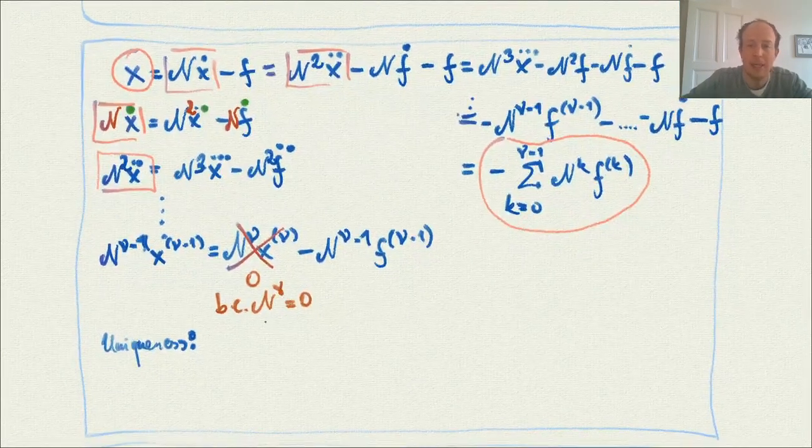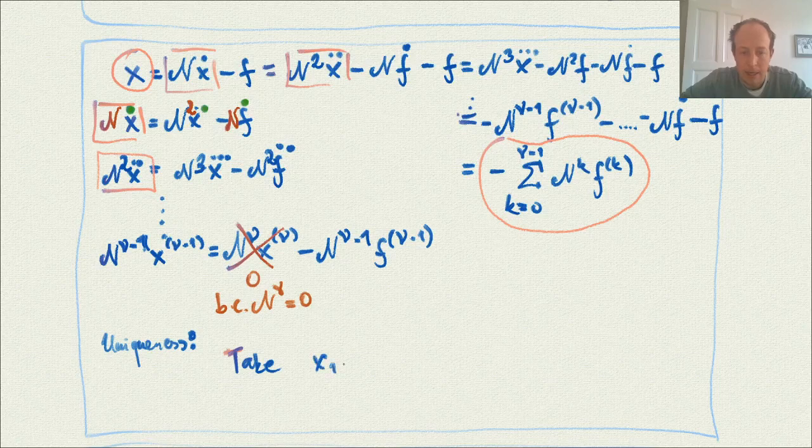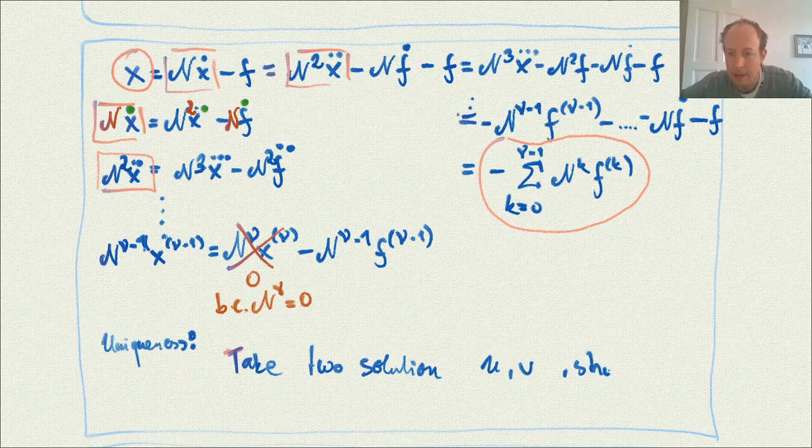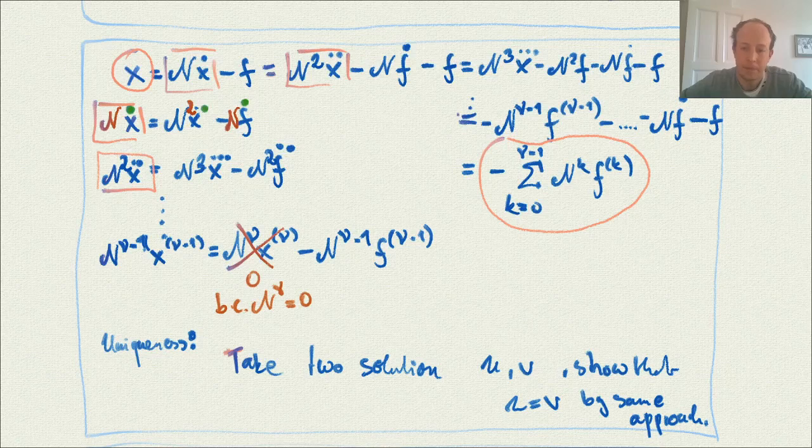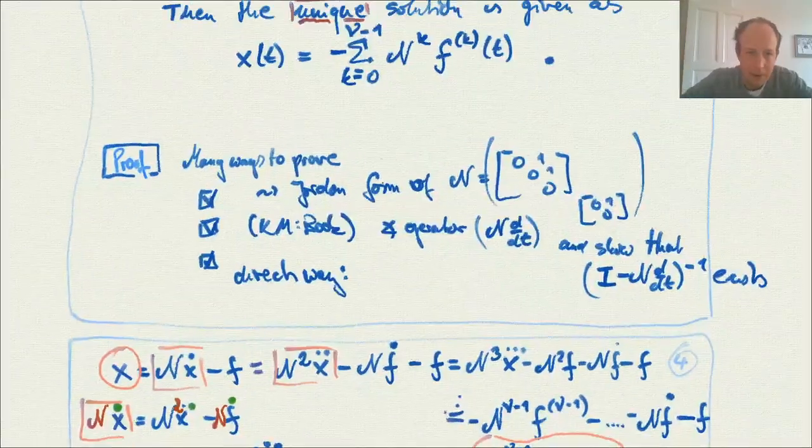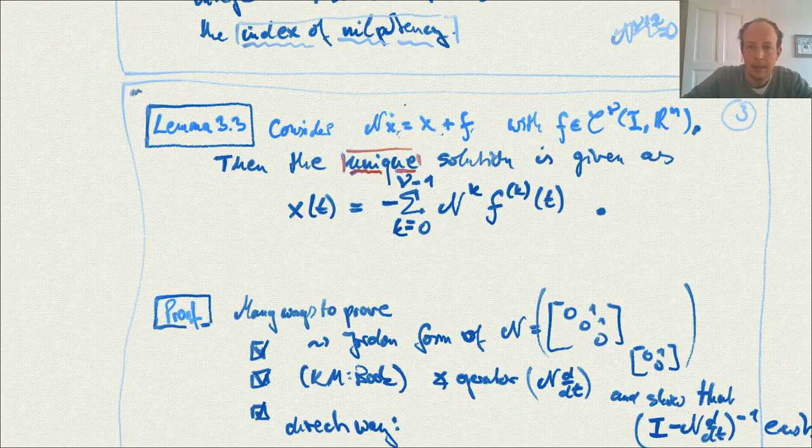Now one might argue that there might be another solution, but you can say that was constructive: you took the solution and showed that it looks like that, which is a straightforward constructive way. But if you're not sure about that, take two solutions, u and v, and show that u is equal to v by the same approach. Okay, and that's the proof, and I have to complete the theorem